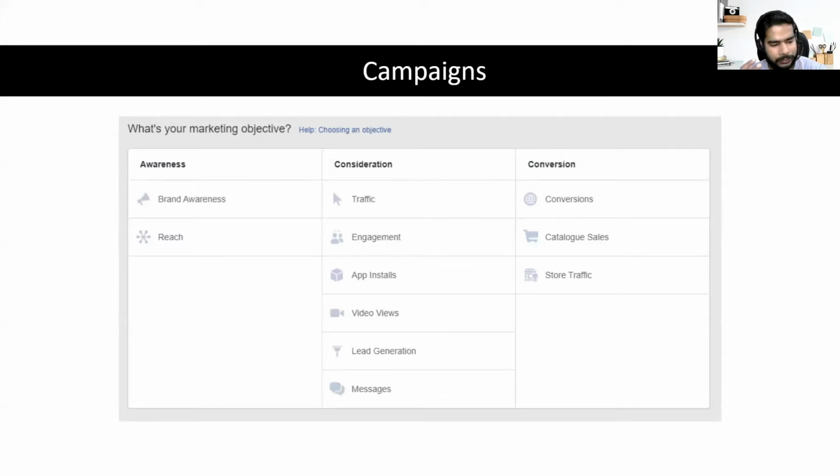Store traffic is another unique objective given by Facebook, where you want people to walk into your store. Let's say you are the owner of a clothing store brand, or you own a Big Bazaar franchisee, and you want people to walk into your store. You tell Facebook, I want this type of people who will see my offer and come to my store to claim it.